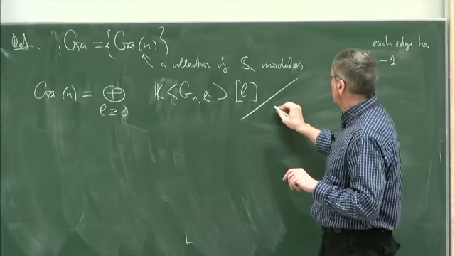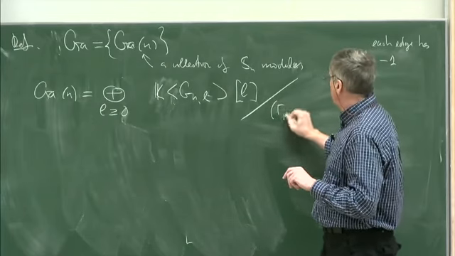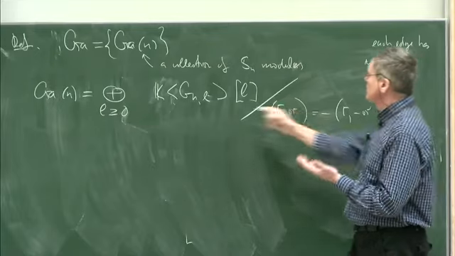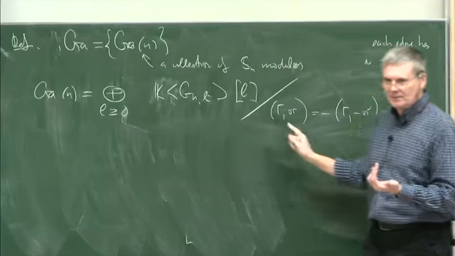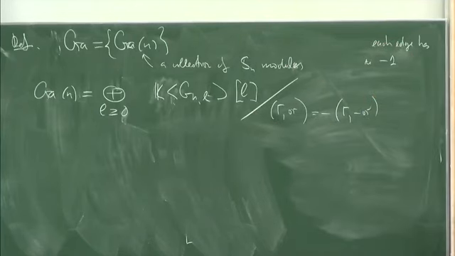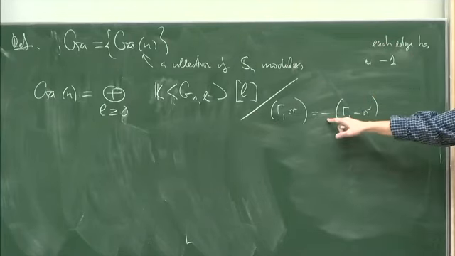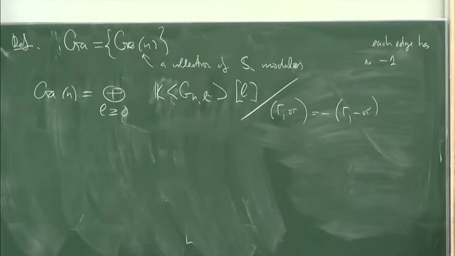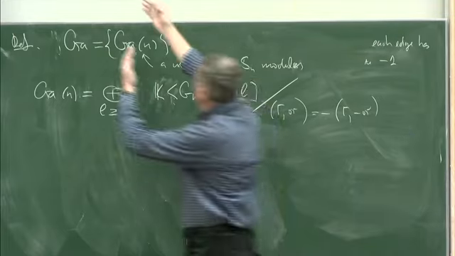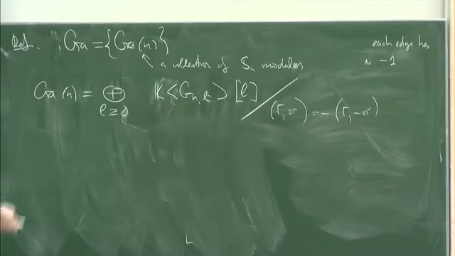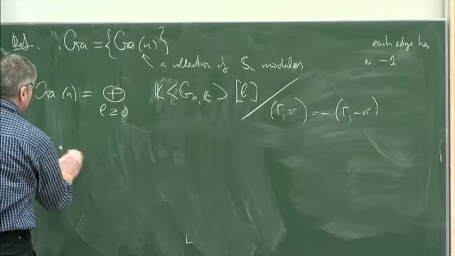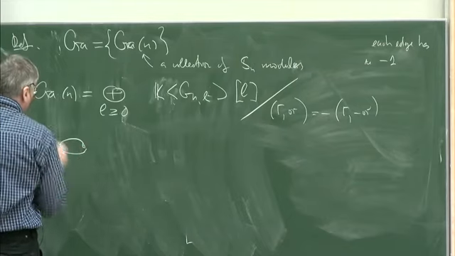Modulo relation. Remember, I have a graph with orientation. I assume that it's equal to minus the graph with minus orientation. Essentially, it's a set of pairs, right? An element here is a pair, graph and orientation. So I assume a change of orientation gives a change in sign. Now, what will it do with my graphs? 1, 2 will be there, it's okay. But for example, this graph I have written above.